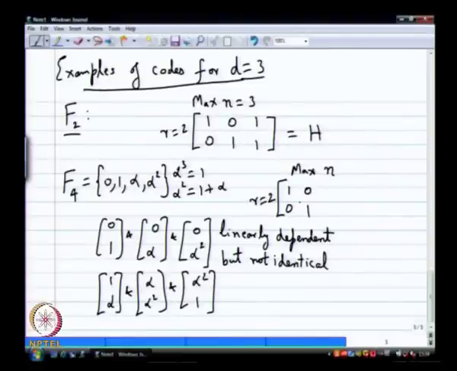First of all, how many possible length 2 vectors are there over F4? Why do you say 4 C 2? It's 4 for the first and 4 for the second, that is 4 squared, that is 16 different length 2 vectors over F4. It's a very simple computation, but think about it for a while. Is that right? You are convinced? There will be one which will be just (0, 0) and that is ruled out. So I have 15 different choices for